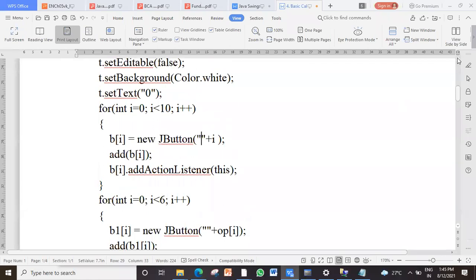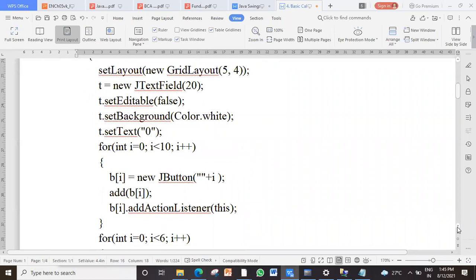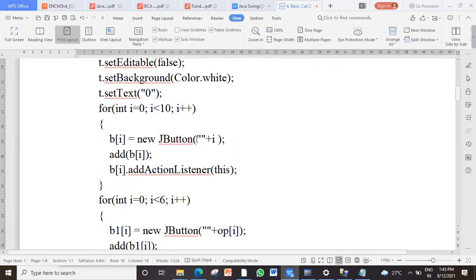Even above, when you are initializing this str1 to blank, don't give a space here. It creates problems. Clear with this? So similarly here, just to convert it to text, we are concatenating it with a blank string. Clear? Another alternative could be String.valueOf(i). You can do that. So this is how we initialize the buttons with those numbers.